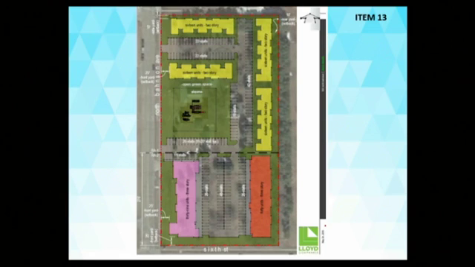I feel like this site gives us that opportunity to provide those families with a safe route to not only Ann Sullivan Elementary on the north, but also Washington High School, so your teenage kid doesn't have to drive to school, which I think is important. And then it also gives us access to other amenities like the Oakview Library as an example. So because of all of those things, we felt like it's an appropriate site for us to pursue.